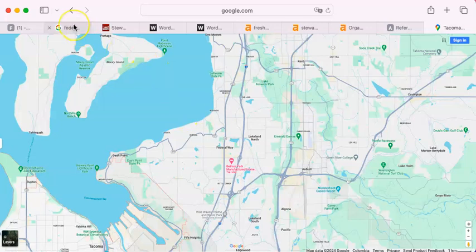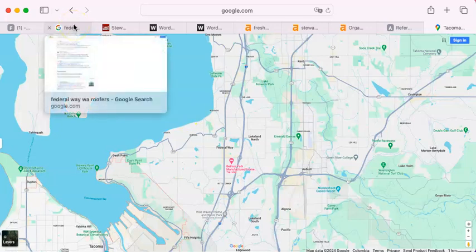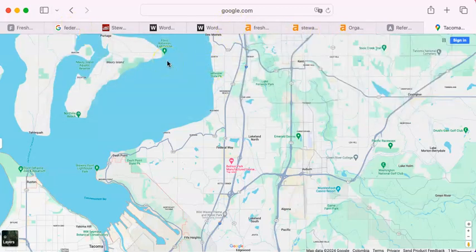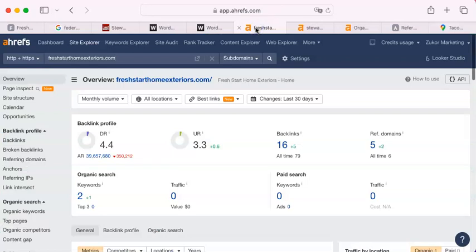I assume that you think you are the best roofer already. You should. But that's an opportunity to increase the number of words that you have in a way that is satisfying to the Google algorithm. Let me show you what I'm talking about. Now,